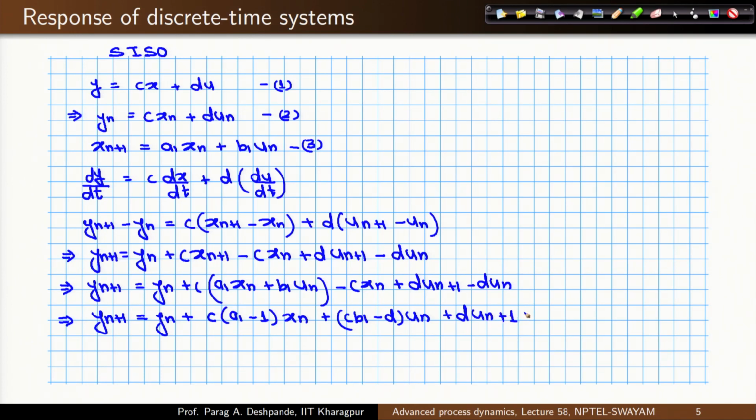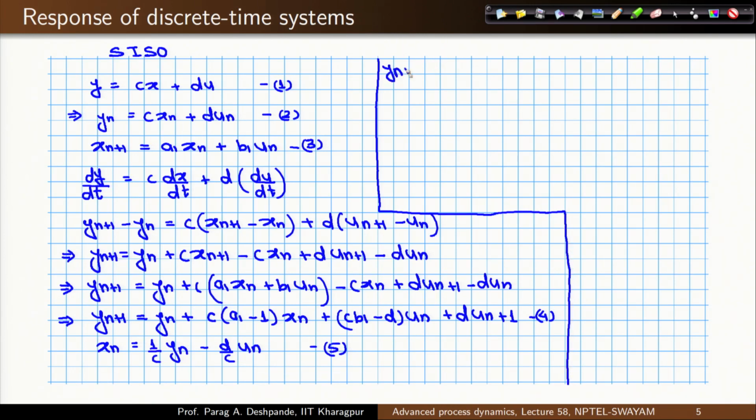Well, after doing this rearrangement, I have gotten rid of x n plus 1, but I still have x n, which means I need to know the value of the dynamical variable at the current instant of time, and this is what I do not want. So, from equation number 2, I can write x n is equal to 1 upon c y n minus d upon c u n, right. So, I can substitute equation number 5 in equation number 4, and what I get is this: